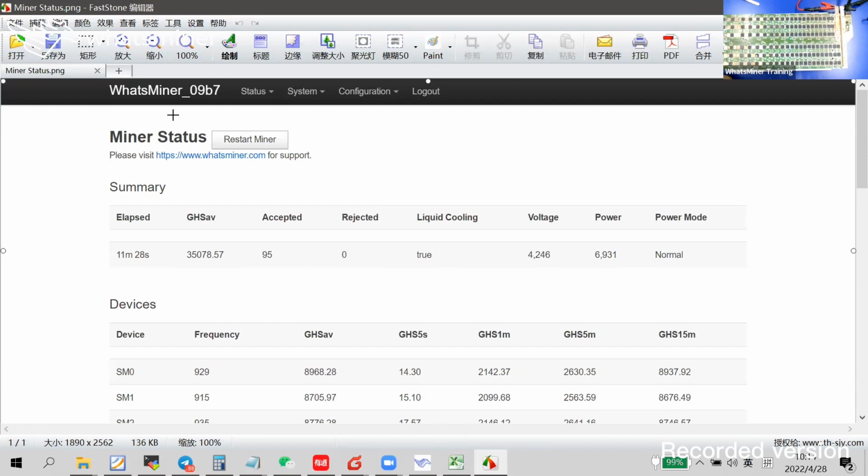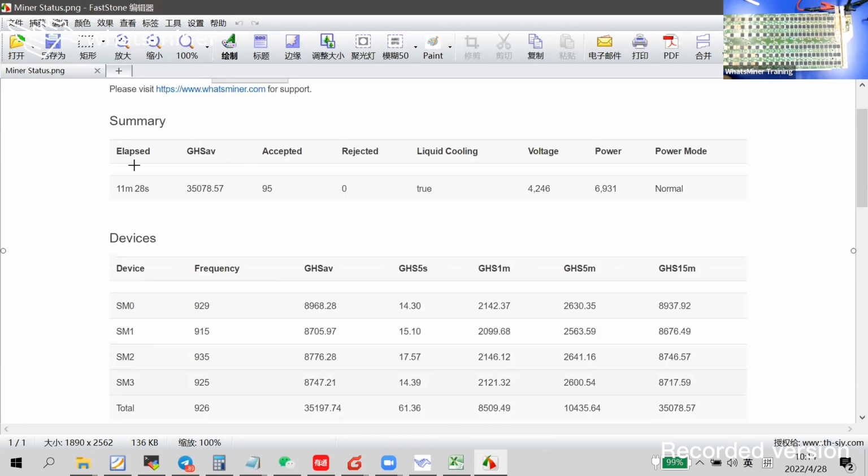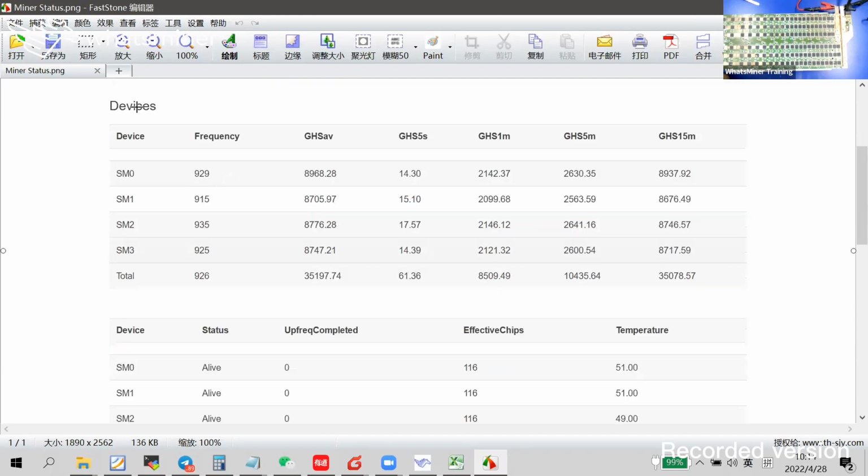window, and this here shows the time it ran, how long it has run, and here is the average hash rate displayed. Here displays the voltage of the power supply,